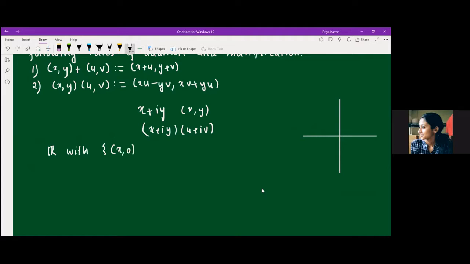Okay, now we will see there is a special element in C, that is (0, 1). So let's see what happens if we multiply (0, 1) and (0, 1). Let's do it together. When we multiply this, we get 0 times 0 minus 1 times 1, comma 0 plus 0. Right? So this is nothing but (-1, 0), that is -1. So we got an element in C whose square is minus 1, something that we don't see in the reals. So we call (0, 1) to be i.